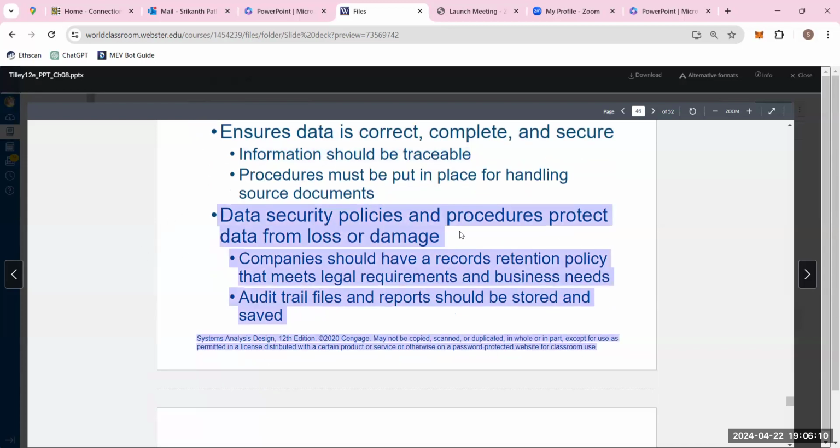Data security policies and procedures protect data from loss or damage. These policies need to be in place and followed so that you're not in a situation where there's a lot of data loss and theft, and then you're having to do a lot of damage control with your customers, right? Especially